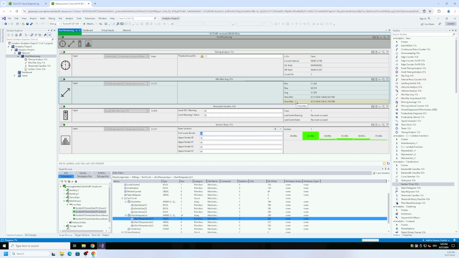That's very nice, especially in combination with our scope view, which I will show you as the last step. And then here the threshold classifier: everything is fine because we are under our warning level. And as you can see, it increases from time to time, depending on the usage of our tool 1.